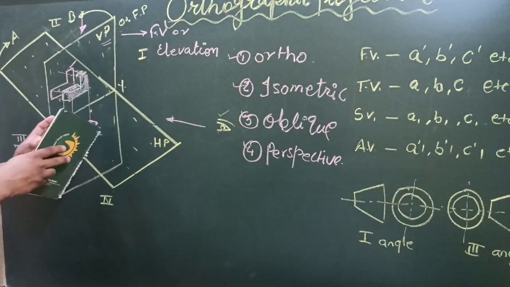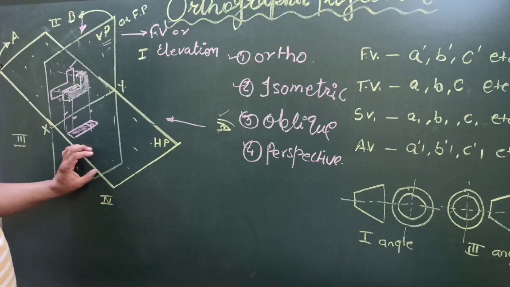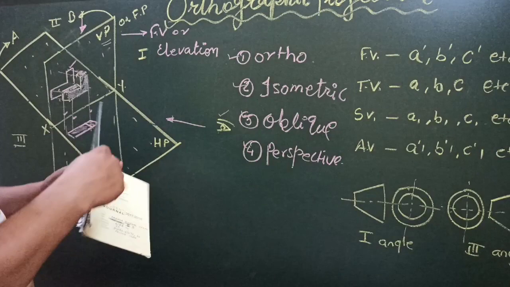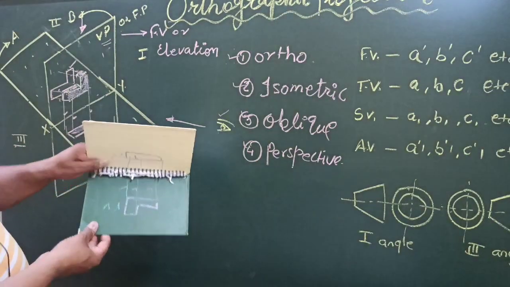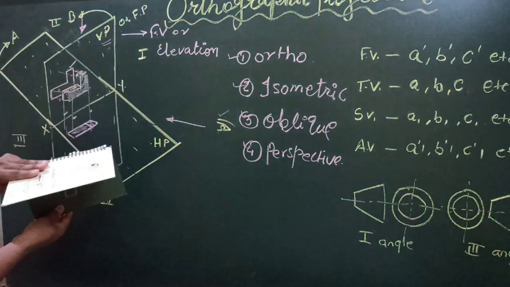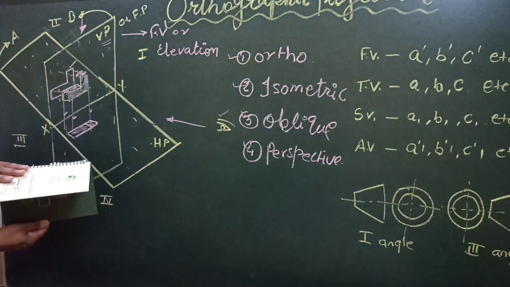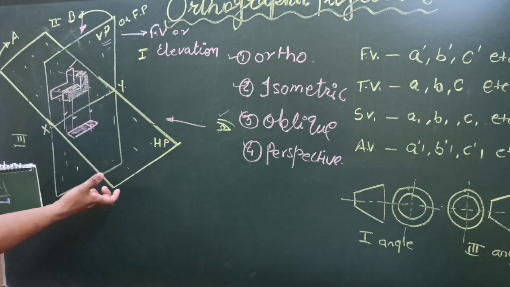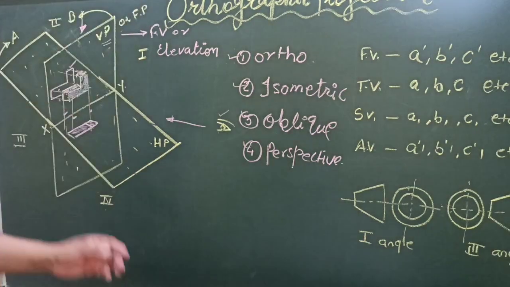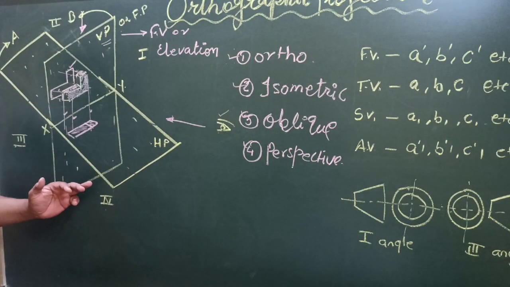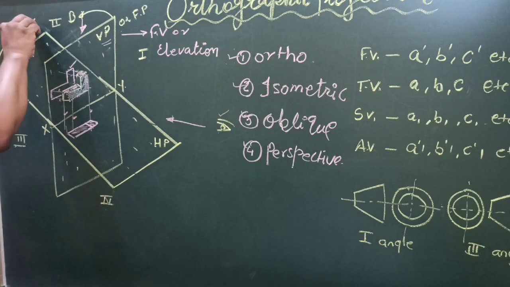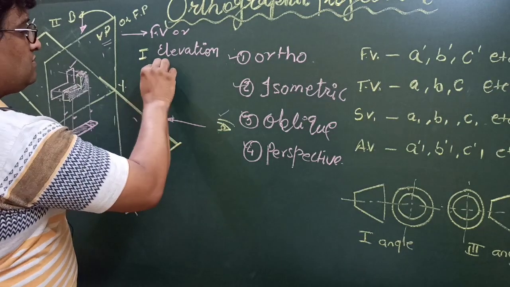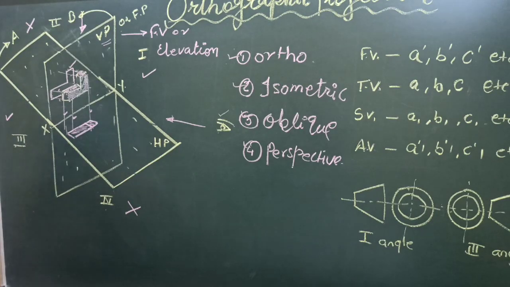In case of the fourth quadrant, when we draw the two diagrams, the front view will be below and the top view like this. After rotating it by 90 degrees, the front view and top view are just below the XY line. So again the front view and top view are coinciding in the fourth quadrant. That is why we don't use the second quadrant or the fourth quadrant. Either we use first angle projection or third angle projection.